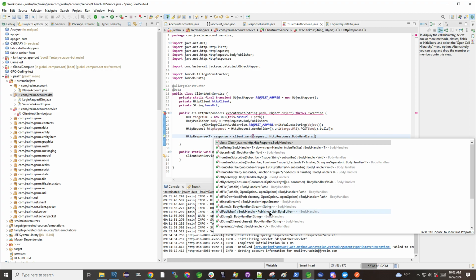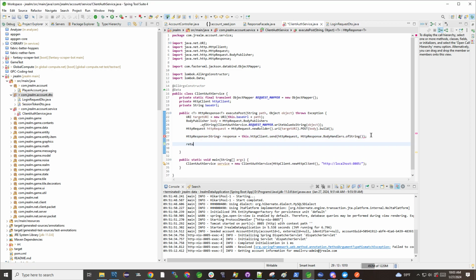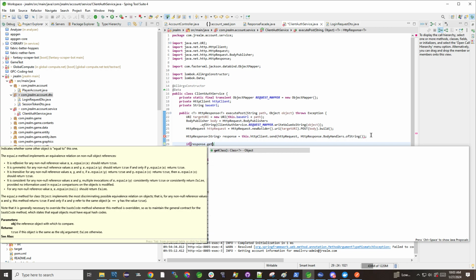Jesus Christ, look at all these fucking options. Christ. All right, let's just, okay. Yeah. And then what we do. What the